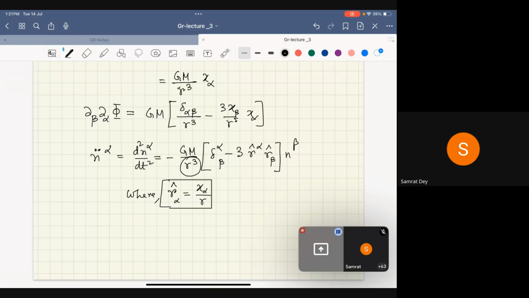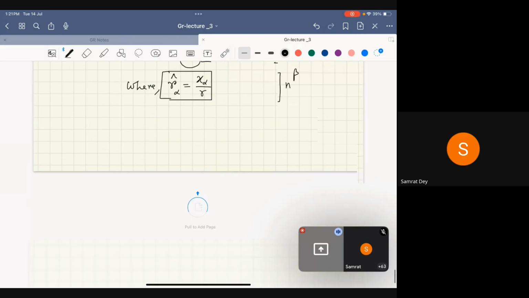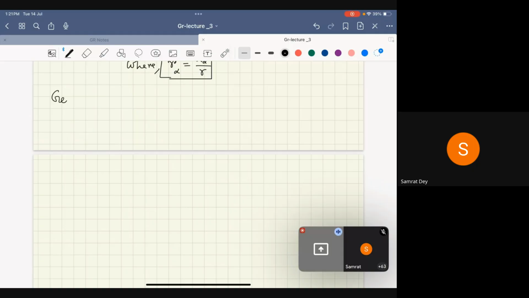So let me stop here. Tomorrow I am going to utilize these definitions, these ideas that we have calculated in the Newtonian case. Tomorrow I am going to calculate it in the case of GR. I will start with geodesic deviation. This whole thing is known as geodesic deviation, and we will see that because of this geodesic deviation, it will actually incorporate the Riemann curvature tensor that we have introduced in the previous class, and that Bhaswati has discussed all